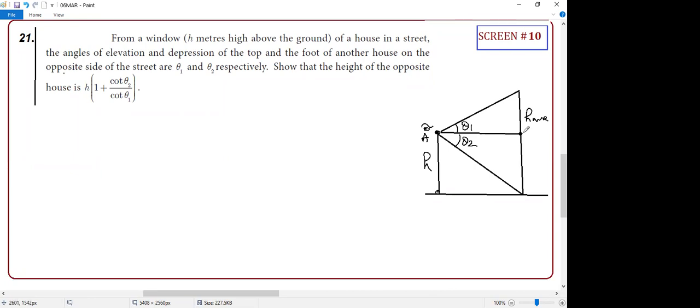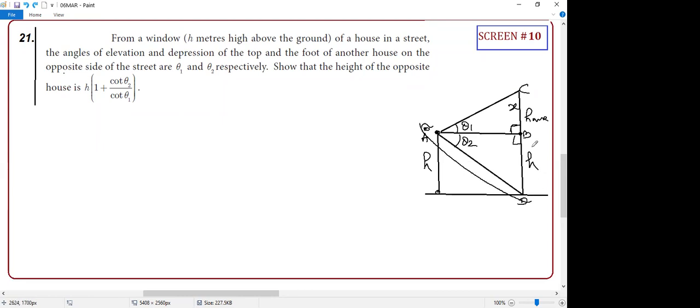Okay, I'm going to call it A, B, C, D. Very simple. First triangle, second triangle. Add both. This is H, students. This is also H. And the answer is ready. Clear or not? So what is BC? Maybe you can write it as X, students. If you know X, the answer is done. That's all, very simple. If you know X in terms of H, the answer is done.